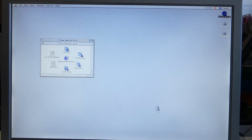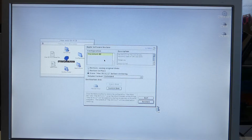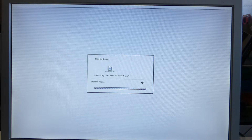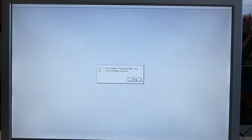We just go to the CD, and we run the Apple software restore. And then make sure we are on the right disk, macOS 9.2.2. And then we just click on restore. And go ahead and click OK. And now it's going to go by actually pretty quickly for optical media. But this will only take like a couple minutes to install it to the drive, and then we'll be good to go. And it's done. That literally only took like 3 minutes. So we just go ahead and click quit,